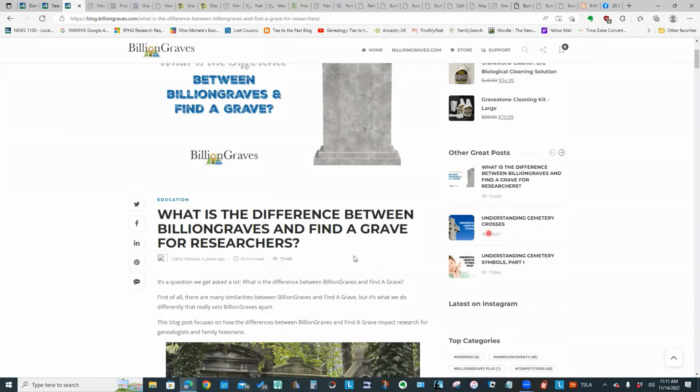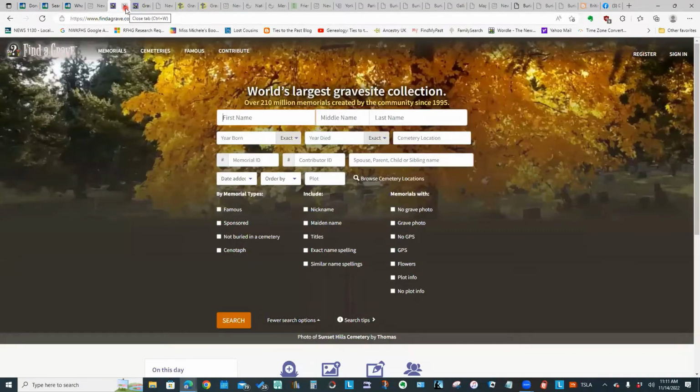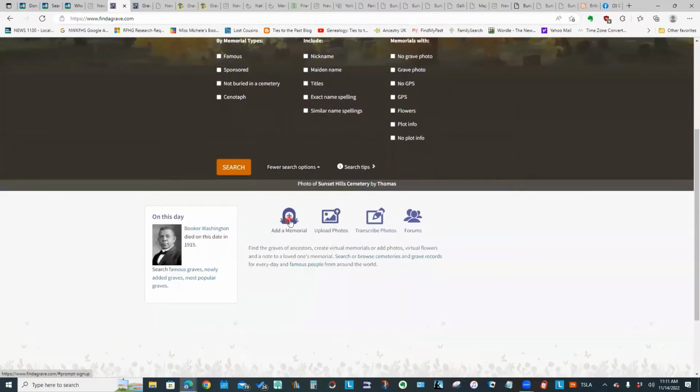Whereas Find a Grave, which is the next website we will look at, it is now a subsidiary of Ancestry, and you don't necessarily start with a picture of the grave. So if you look at everything you can do, you can choose to upload a memorial, upload photos, transcribe photos.